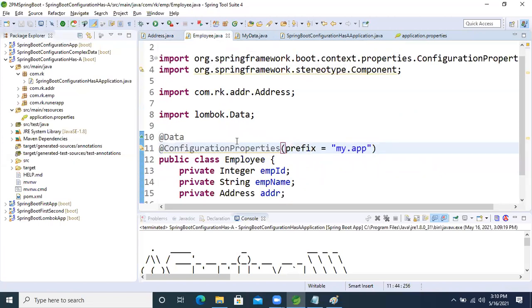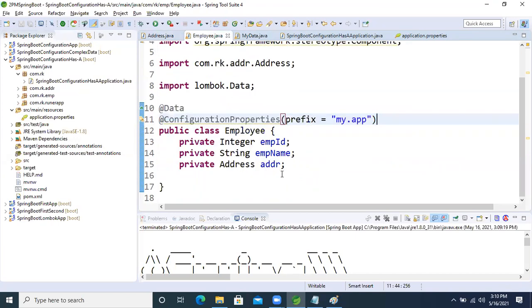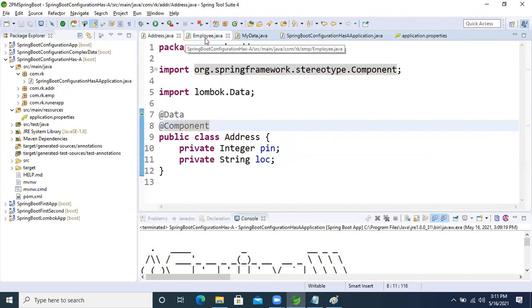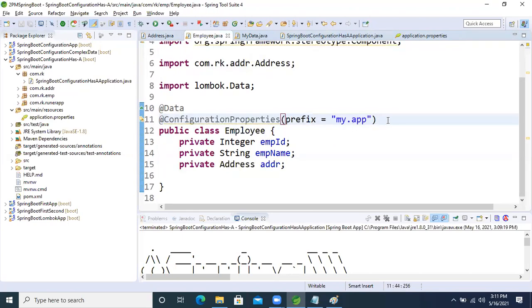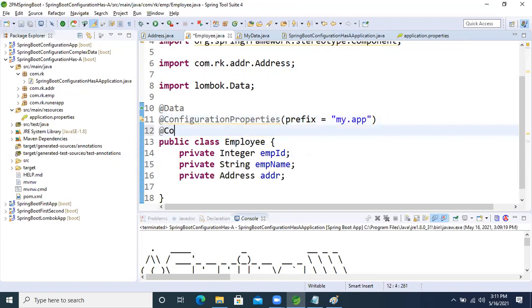Prefix. We are taking these things on the top of what? The Employee class. Fine. And @Component. Yes, Ravi, please add that @Component mention on the Employee class.